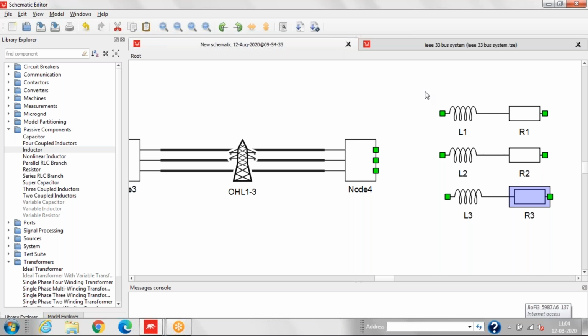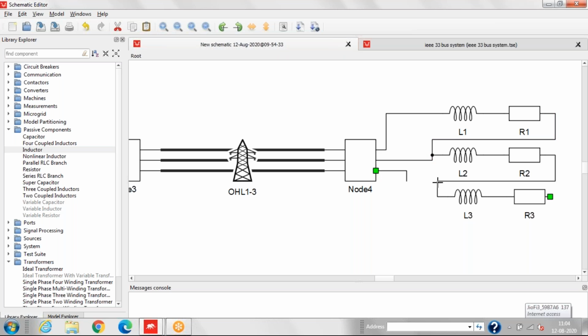Now we'll connect this load. Now we have done the connection.